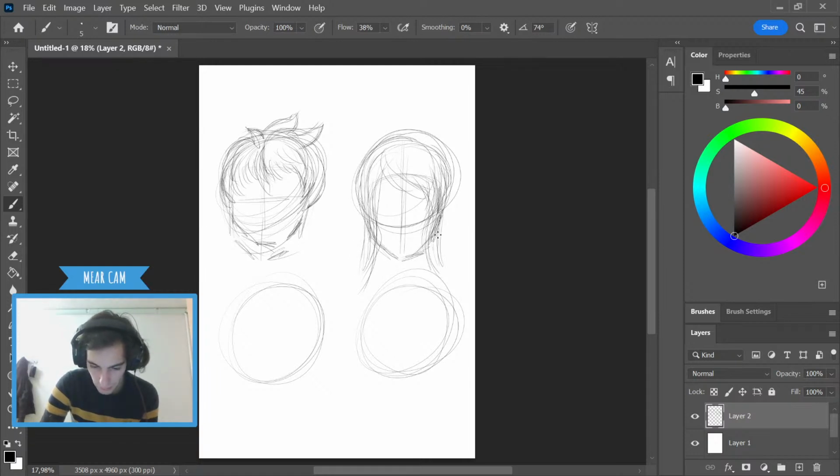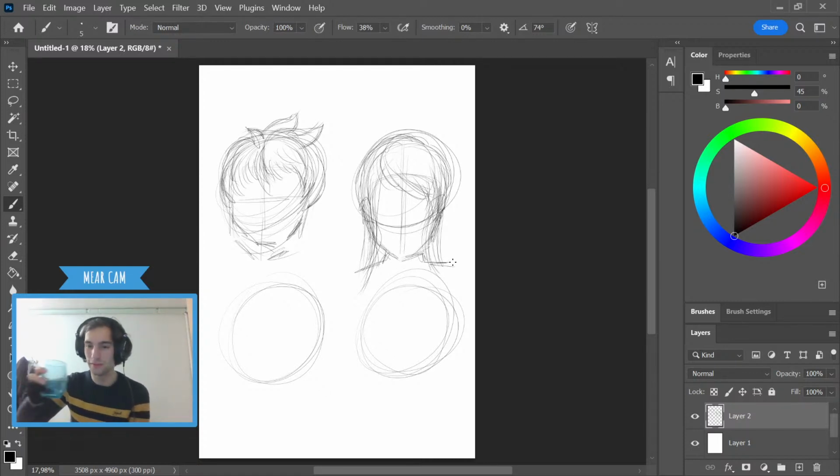Let's give him mains all swept to one side. Then for the back, just all to one side. So there's gonna be an ear here, ear over here. Can you guys actually get how this works? Can you get out of the mess I'm making? I don't know what I'm doing, but